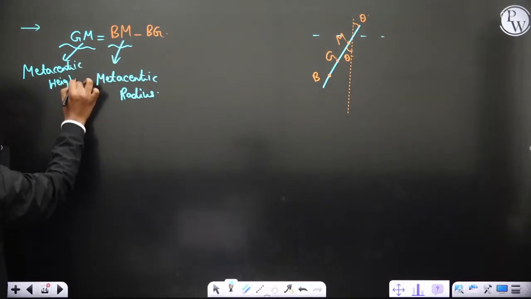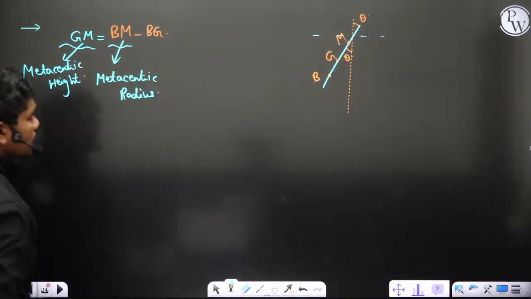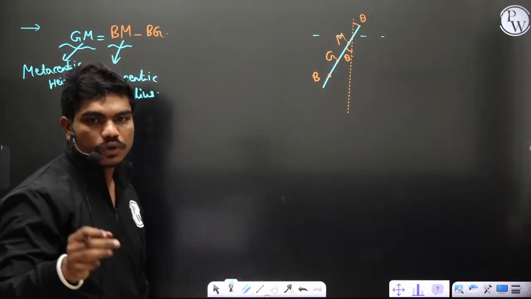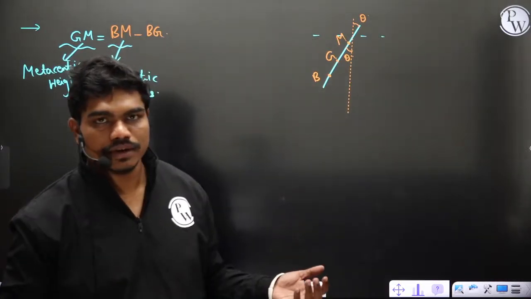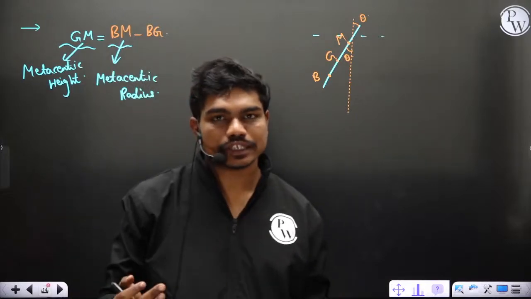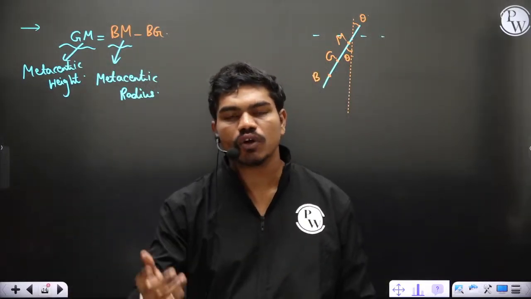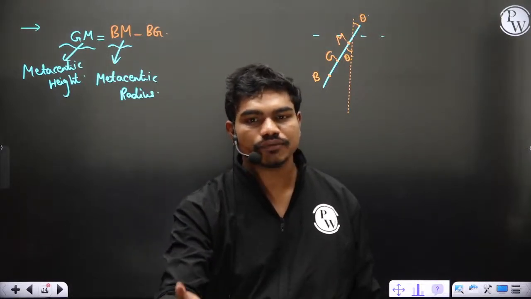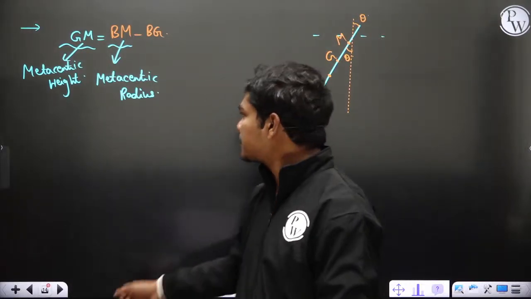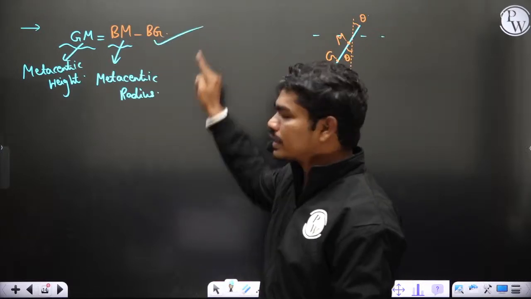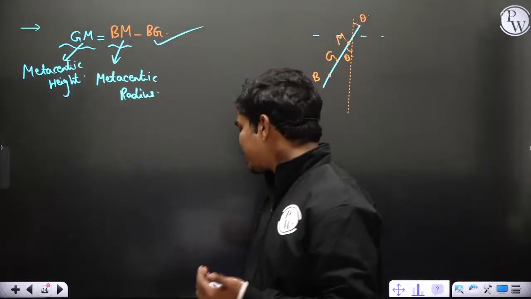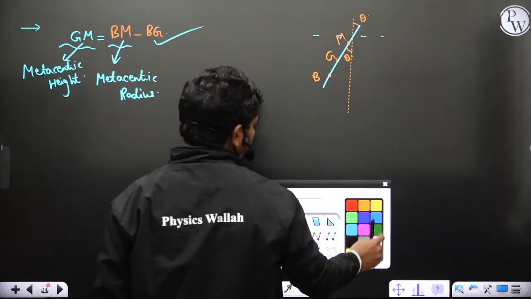Now how do we calculate this BM? BG you can easily calculate, because even for complicated shapes you can calculate using integration. But right now, let us suppose you have simple shapes like a cube floating on water, a cylinder floating on water, or a triangular prism floating on water. Then BG can be easily calculated, yes or no? Because, for example, let us suppose if I take a cube,